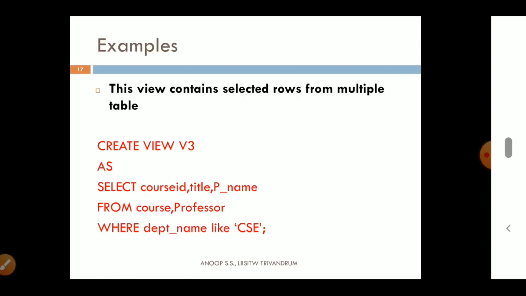It may not be the right one, because it's just a Cartesian product, no joining is done, no condition is mentioned, so the result set will be different. It's just an example to show that we can use multiple tables in the from clause and create a view from multiple tables.